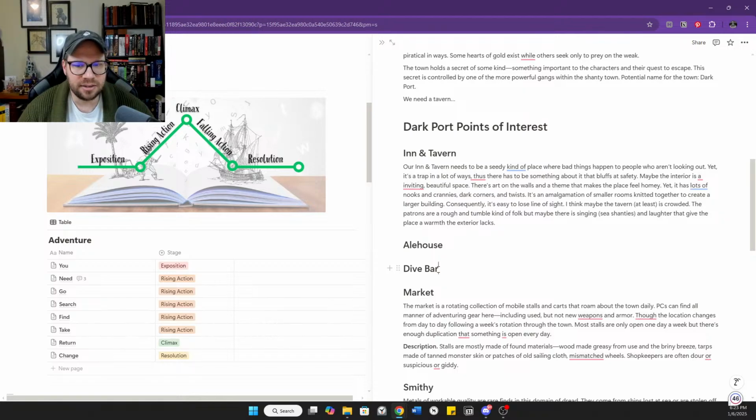The idea that when you walk in, you don't just describe the place itself, but you describe the things that are going on in it. That's going to sell the atmosphere so much better than just going, well, it's all dark wood and leather and it smells of pipe smoke.